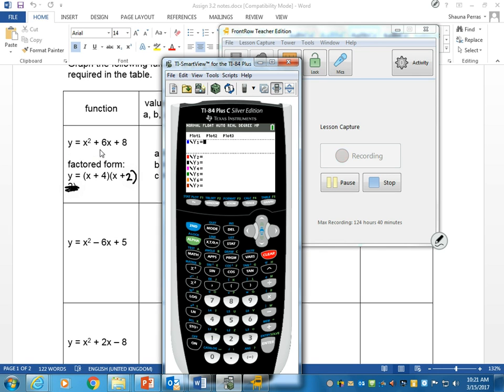We're going to type in our first function, so we're going to type in x, which is right here, right beside the alpha. Sorry. Clear. X squared plus 6x plus 8. Now if we hit graph,